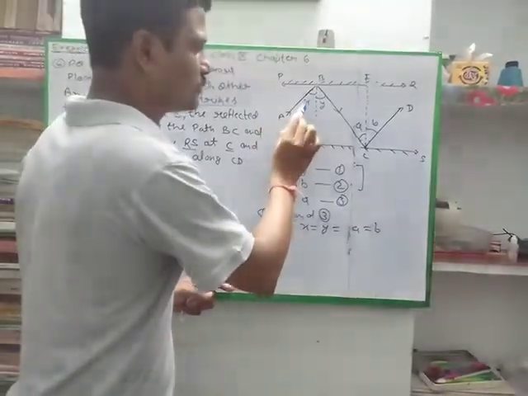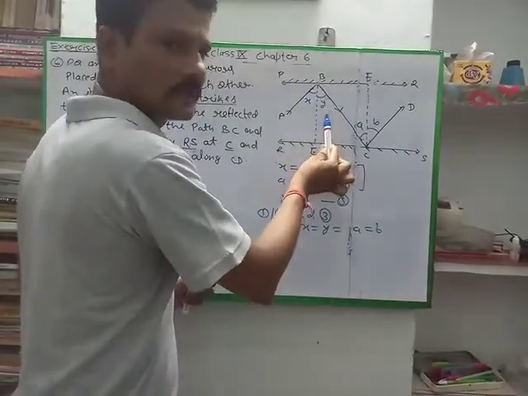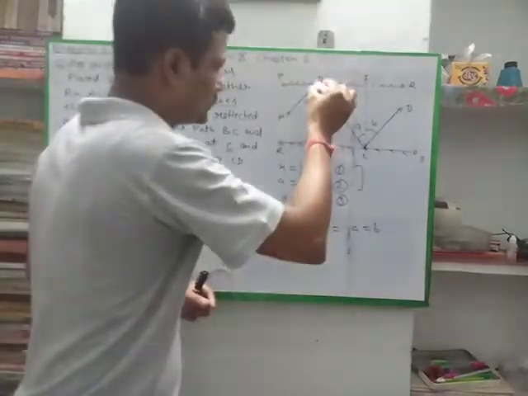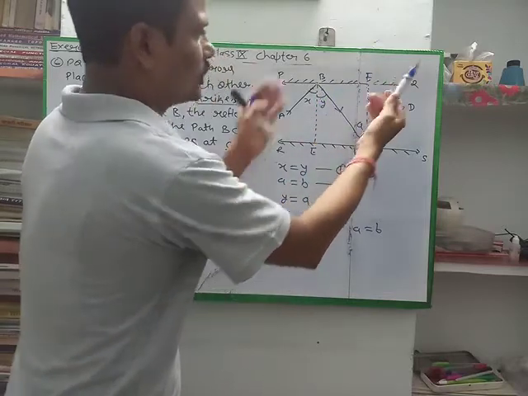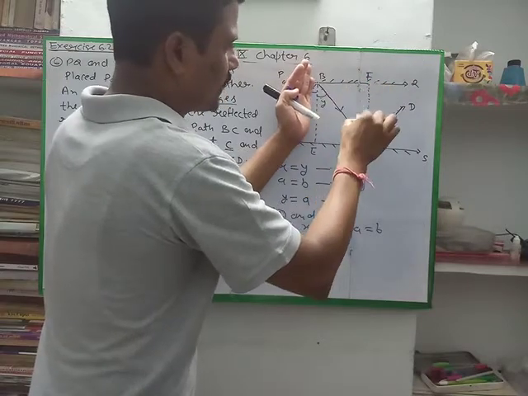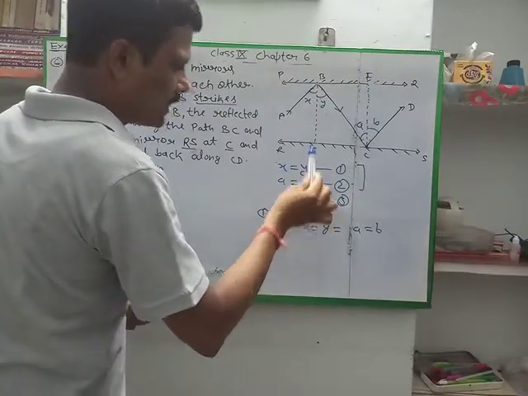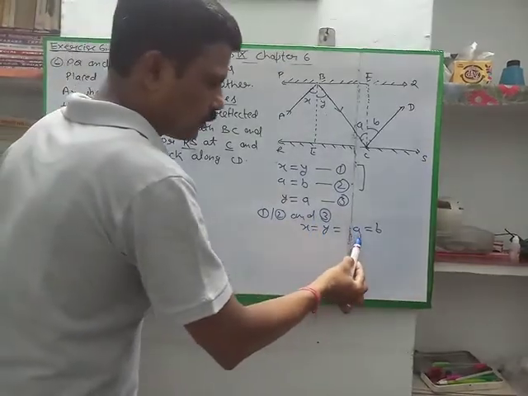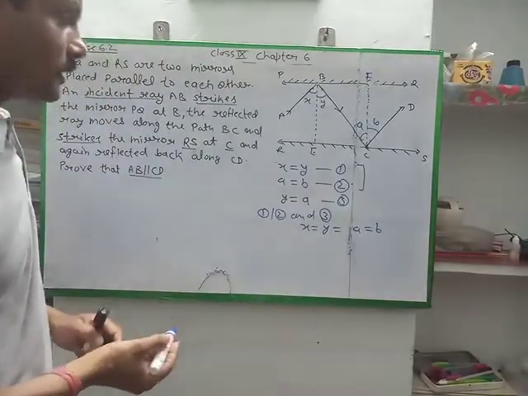Look again, X is equal to Y, A is equal to B. Incident angle equal to reflected angle. Now this is a perpendicular and this is also a perpendicular. So Y will be equal to angle A because two parallel lines are here. So this is an alternate angle. So we can say X is equal to Y and Y is equal to A. So we can say X is equal to Y is equal to A is equal to B. Means all four angles will be equal.